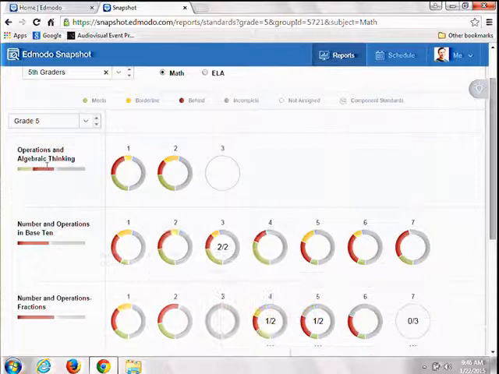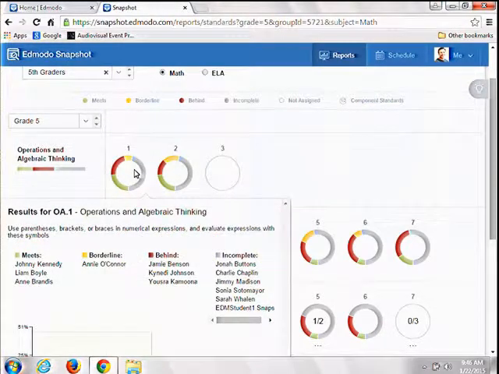Right off the bat, if I just kind of look right there, I can see under operations and algebraic thinking, I've got a little bit of green, I've got a lot more red, and I've got some gray. So just visually, I can look at that, and that tells me I've got some work to do on that set of standards.